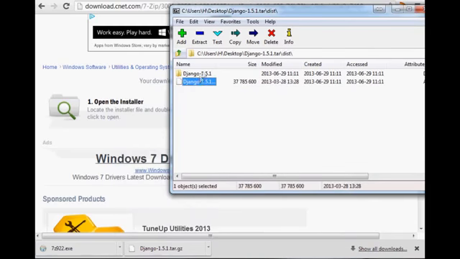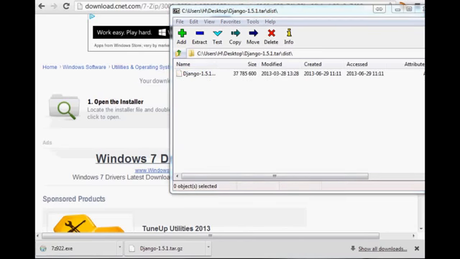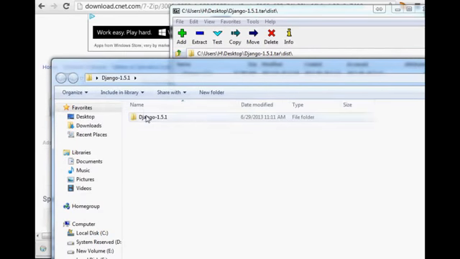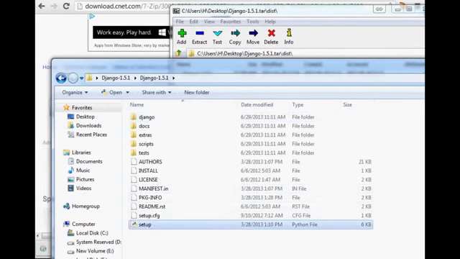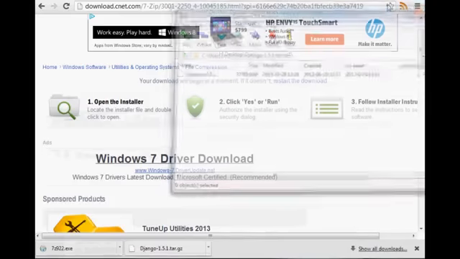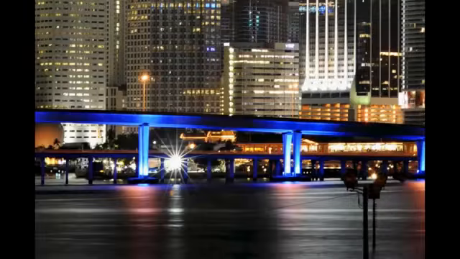And it looks like this is what we want right here. I wonder if I can just drag it over. Yep. Okay, so I just dragged that onto the desktop, and let me open that up and see if that's what we want now. Django, and we have a setup.py. Lovely. Okay, so we'll close out of this, and let me minimize this, and drag this over. Here's our Django file.